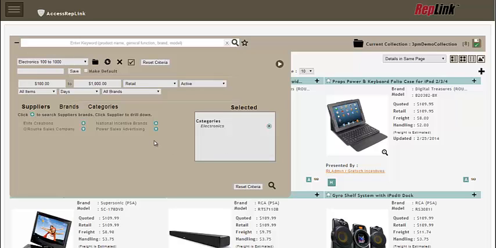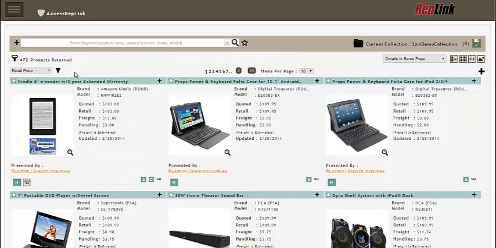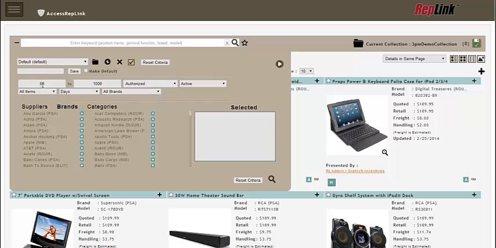A very popular use of Save Searches is going to be used for your default search. So if I reset my criteria here, and let's say that I usually want to search items between more than $50 to $1,000, and I want to search at authorized price, and this is going to be my default. Well, I can come in here and I can give my search a name, and I'll call it default. You can call it whatever you want. The part that makes it my default search is by checking this Make Default checkbox. If I click Save, I've now saved my default search,